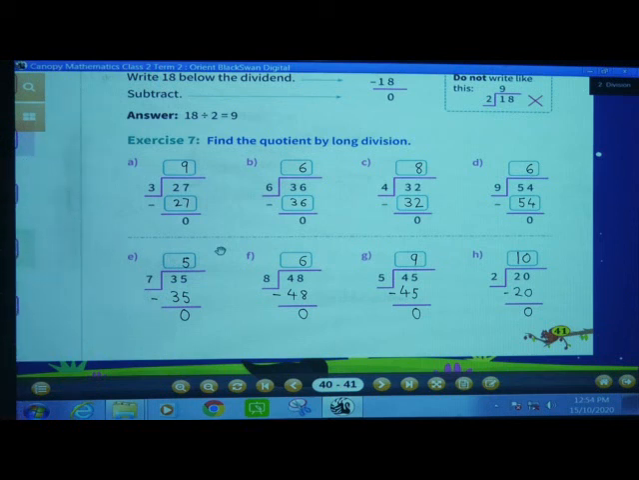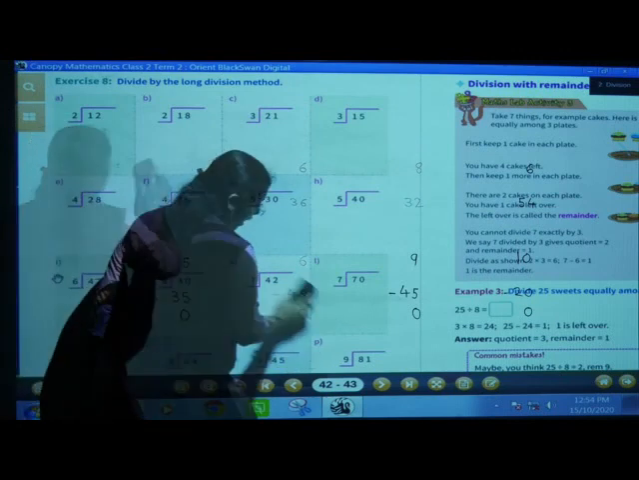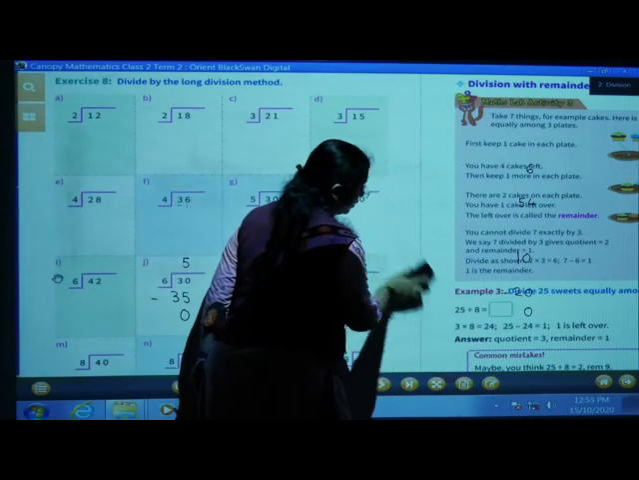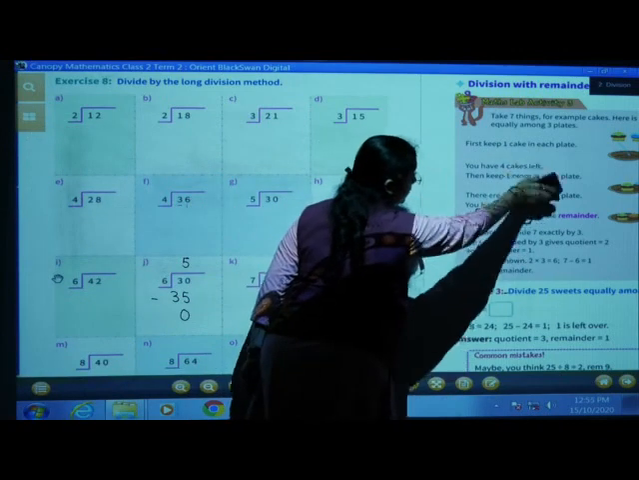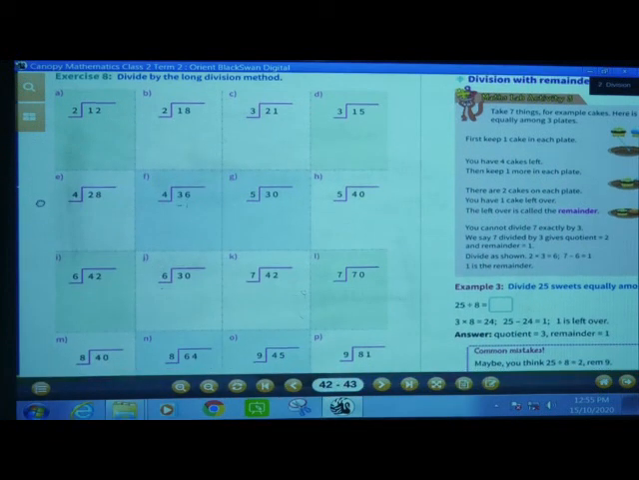Next exercise, exercise number 8. Turn the page. Page number 42. Divide by the long division method. Exercise number 8. A number